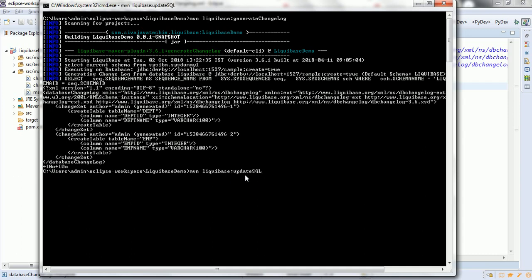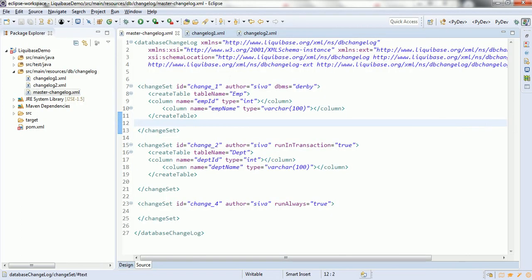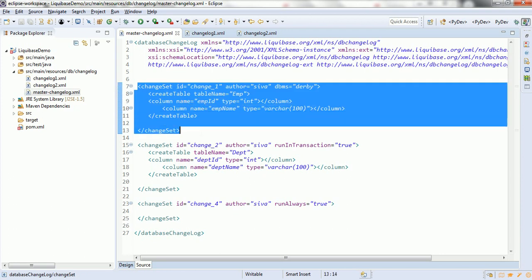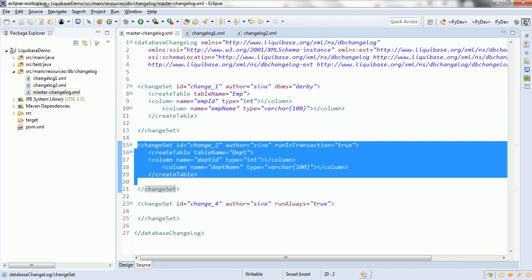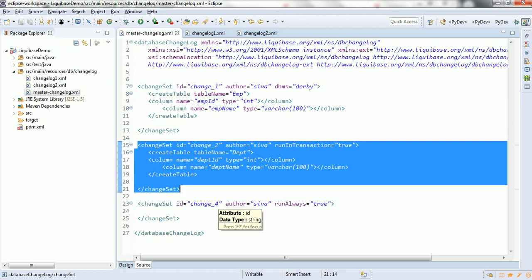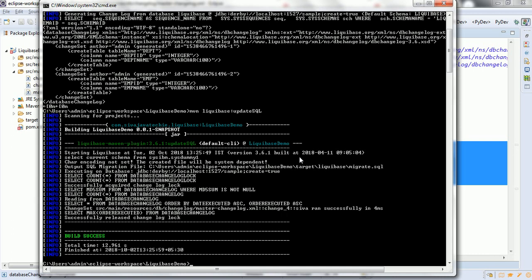It will read this database changelog file, read each change set, create the equivalent SQL script, and export that as a file. So if you see here, it has generated the migrate.sql file, which is stored under this particular